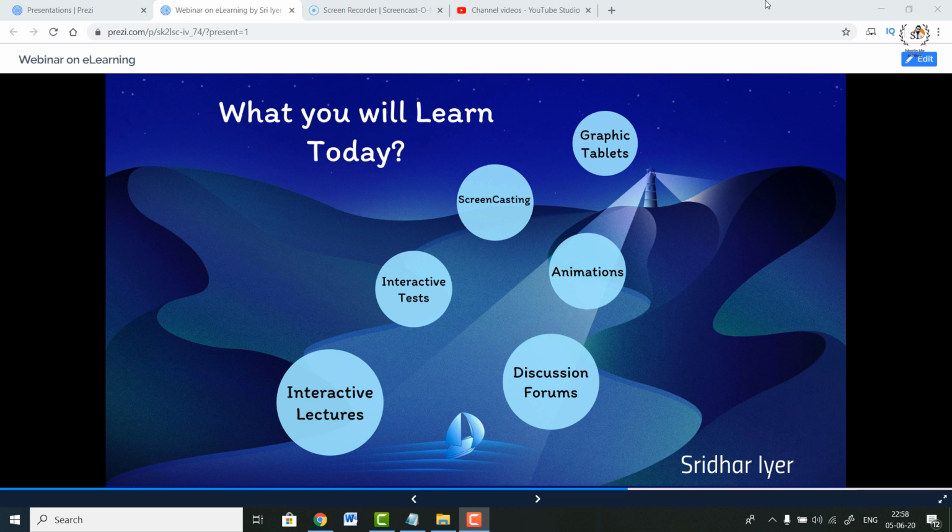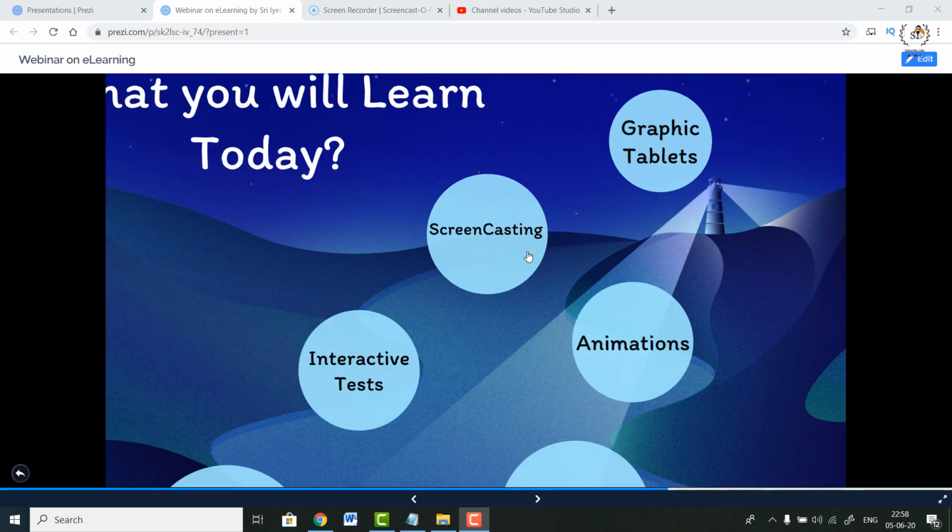Yes, it is. So for doing so, we are going to make use of a process known as screencasting or screen recording. So what exactly is screencasting? Screencasting is a simple process in which you record whatever activities are happening on your computer monitor or your computer screen. So we are going to make use of a few of the screencasting softwares. Let me show you some.